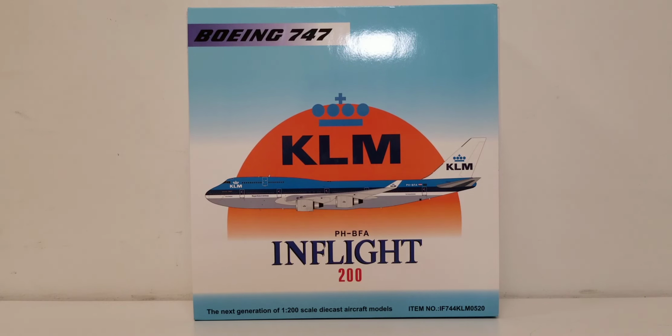KLM Royal Dutch Airlines is the national flag carrier airline for the country of the Netherlands, as well as the country's largest operating airline based on fleet size and the number of destinations served. The headquarters of KLM is located in Amstelveen, a suburban part of the metropolitan area of Amsterdam, while the airline's main hub and base of operations is located on the grounds of Amsterdam Airport Schiphol, approximately 5.6 miles southwest of the city center of Amsterdam, in the municipality of Haarlemmermeer, which is in the province of